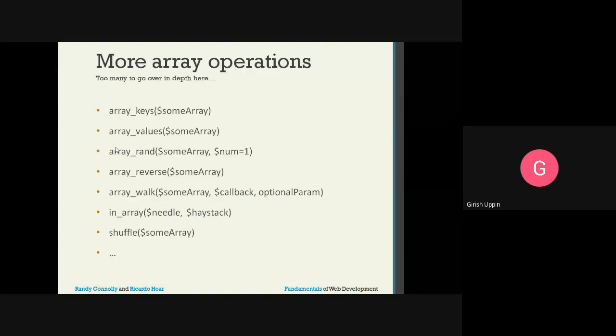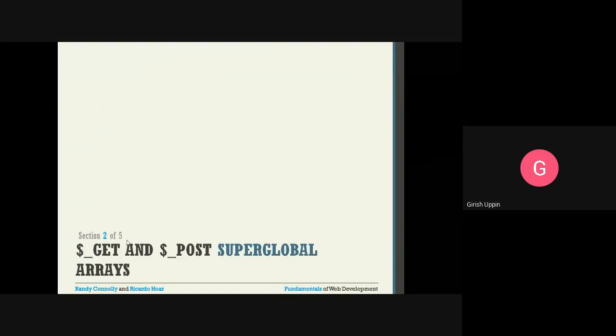These are the other functions that are available: array_keys, array_values which we already saw, then array_rand, array_reverse, array_walk, in_array, and shuffle. These are the many functions that are available to use with our arrays. Next is $_GET and $_POST super global variables. Okay, let me show